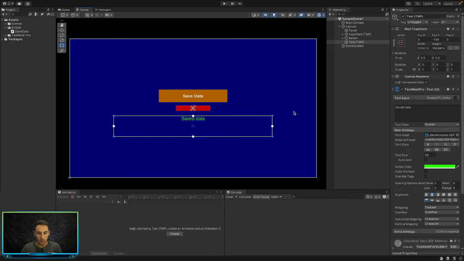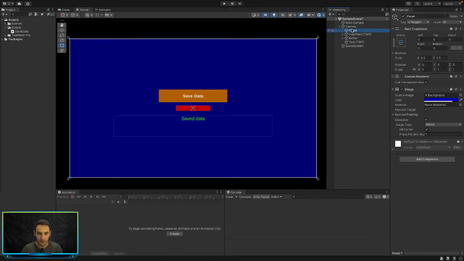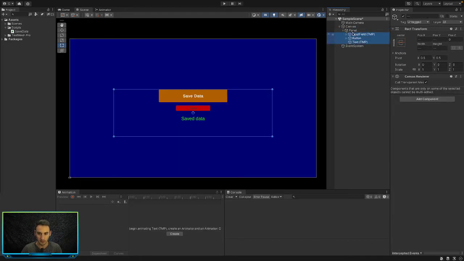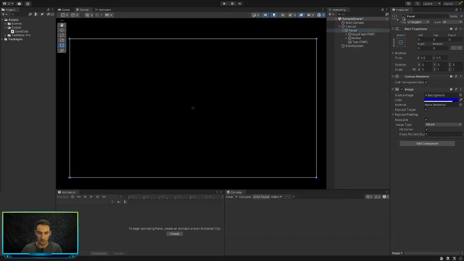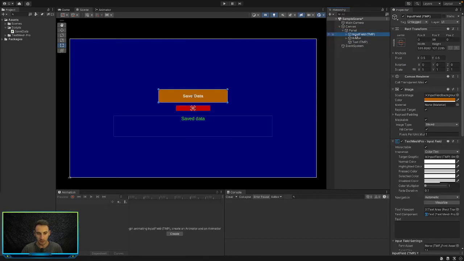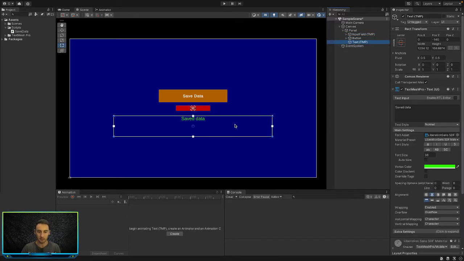So what we're going to do is first of all let's have a look and see. Here on our canvas I've added in a panel, so let's go ahead and move all of our stuff onto the panel just so everything is there. If we disable that, we can see there's nothing on the screen. Okay, good. So what I've done is I've added in the input, the button, and the text display, and